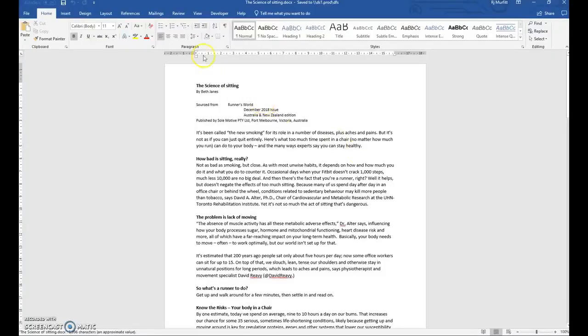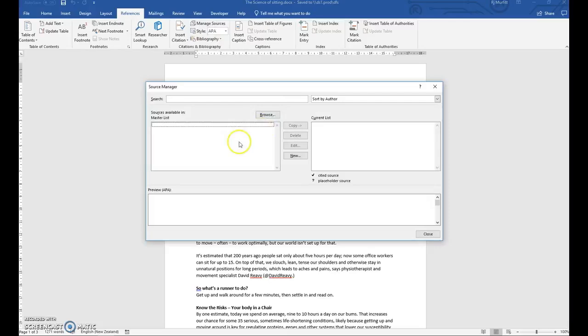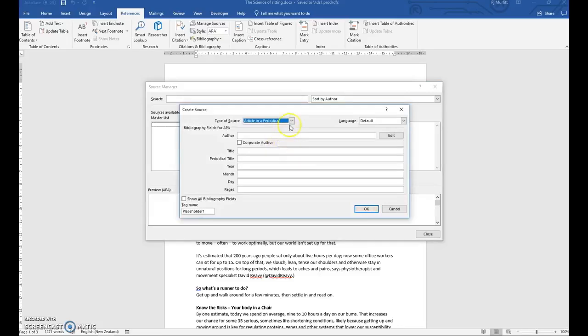Now, adding APA referencing, you click on References tab in the ribbon, then under Style, you make sure it's set to APA. Most of the documents that you open here in New Zealand are set by default to APA. Then the next step you need to do is click on Manage Sources. Eventually you'll have a master list, and then whatever document you have open, the source will appear in the current list. So to add something to your master list, you simply click on New,